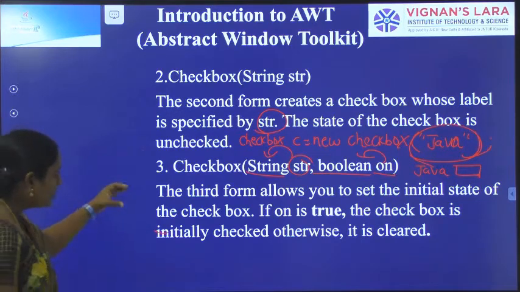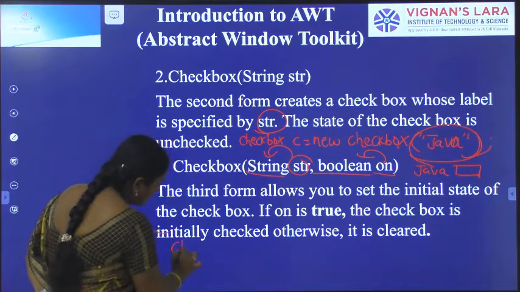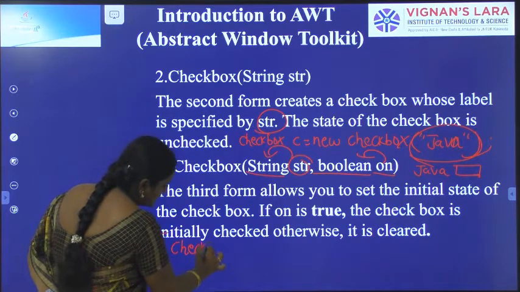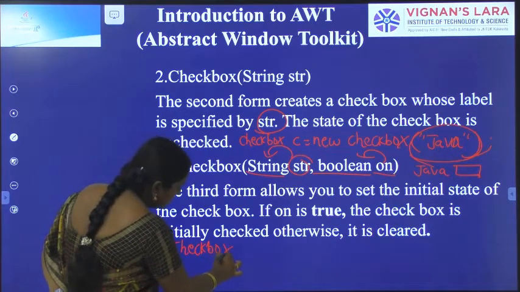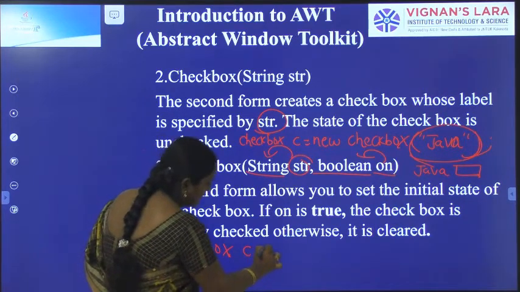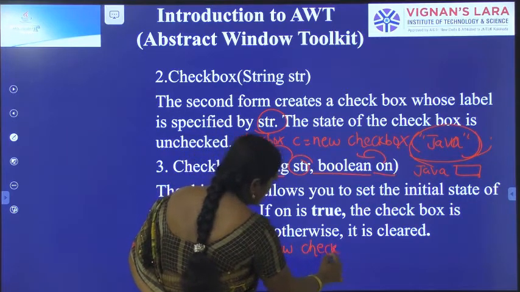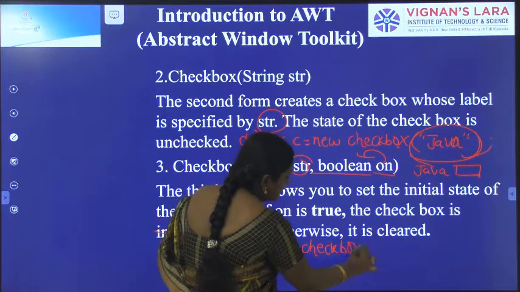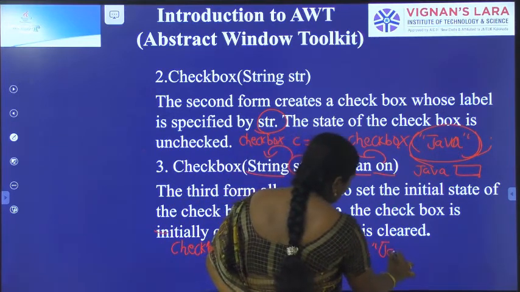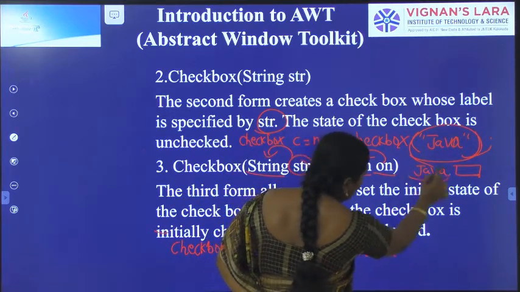Suppose here I am creating an object of the checkbox: Checkbox c = new Checkbox. Already we have created Java.